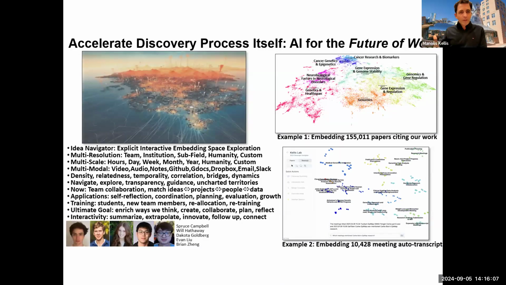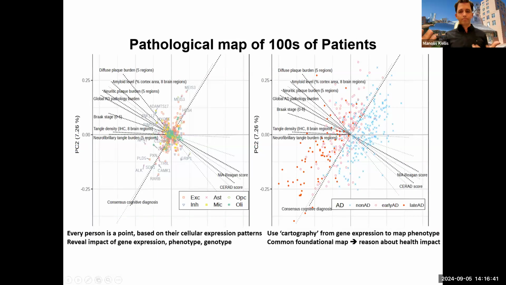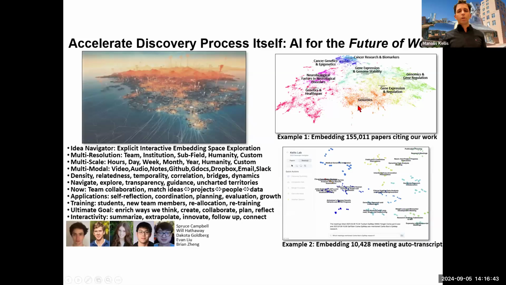So I want to make a small parenthesis about this Z vector. We could just simply say, ooh, AI is like Apollo in ancient Delphi, and only Pythia is allowed to speak with Apollo. Or we could say, you know what, that's our machine. Why don't we just take these latent Z vectors and play with them, visualize them, represent them? So we did this. We built a little group within my team that represents these latent embeddings in an interactive playground, where we took the 155,000 papers that have cited our work